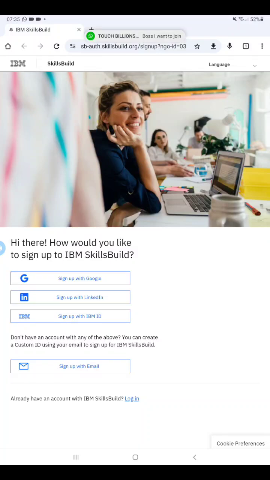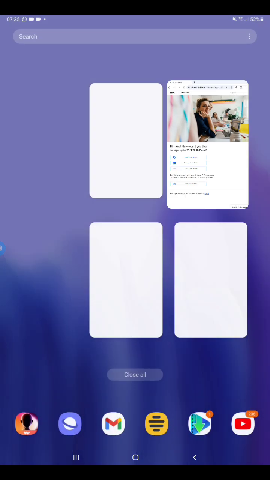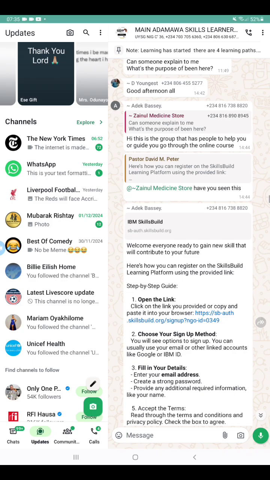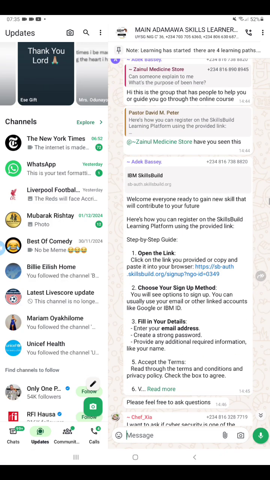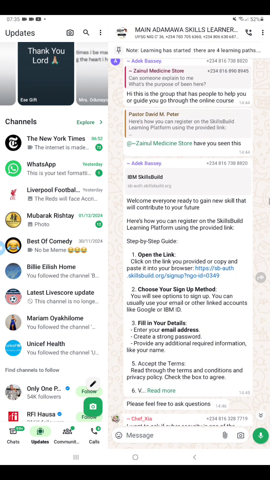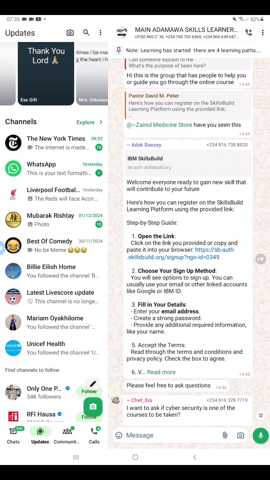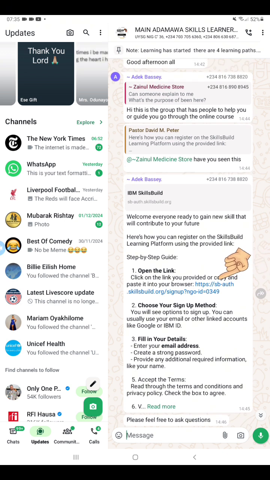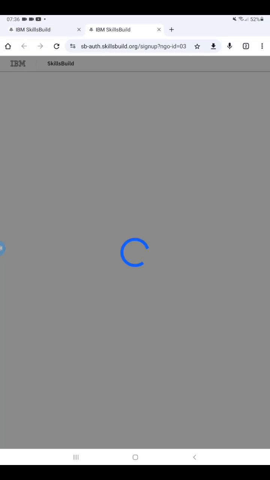So the first thing you're going to do is to click a link that was shared with you. So we're going to head right to one of our WhatsApp platforms, and you can see right here that there is a link. So you can see, click on the link you provided or copy and paste it into your browser. My default browser is Chrome, so I do not have to copy this and paste. I just have to go ahead and click on this link, and it takes me right to the IBM